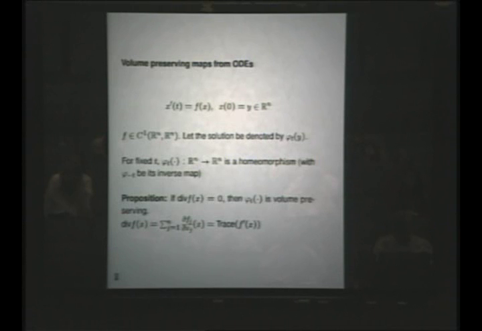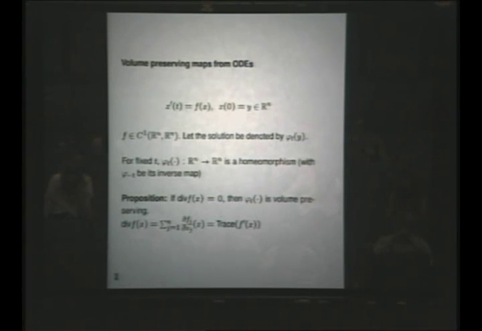Now, for fixed t, you consider this a map from Rn into Rn, and by ODE theory you can easily see this is a homeomorphism, and you can take phi sub minus t as its inverse map. And so you have a family of homeomorphisms from Rn into Rn there. Now the proposition,